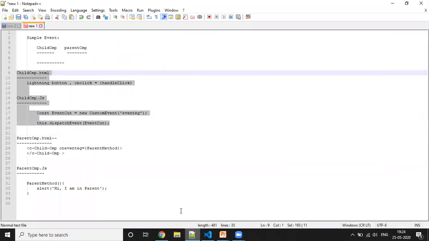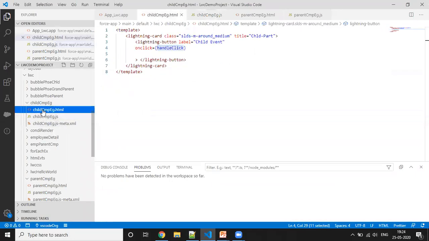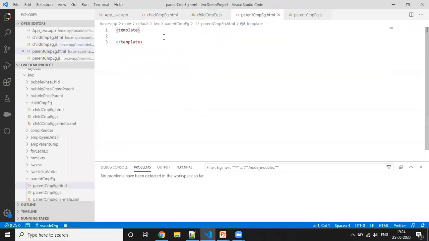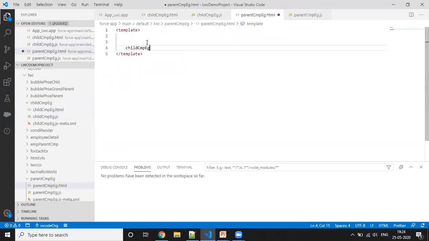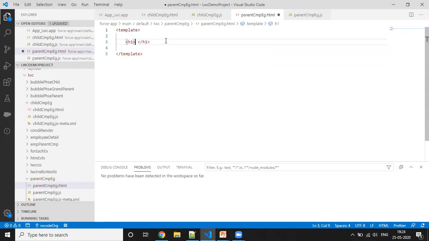Now on the parent component, I'm going to call this child component. I'll copy this name from here so that I get the accurate name and avoid any error, and paste it here. To let ourselves know during the output, I'm taking an h1 tag and writing "I'm in parent component".